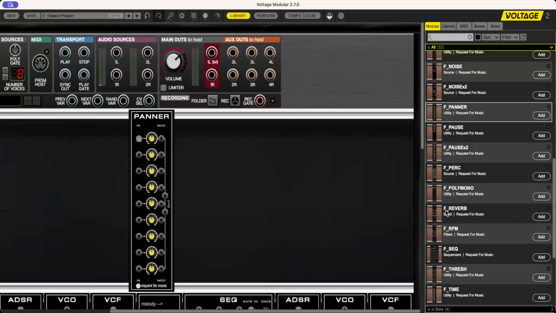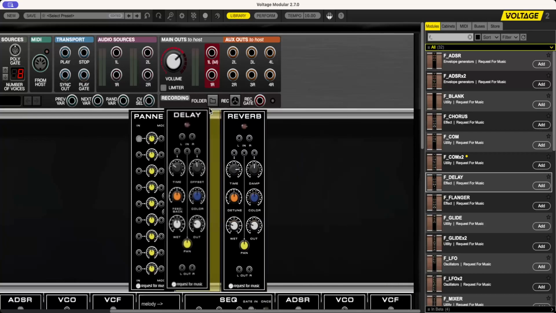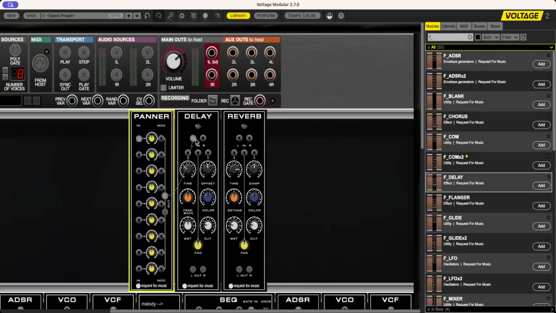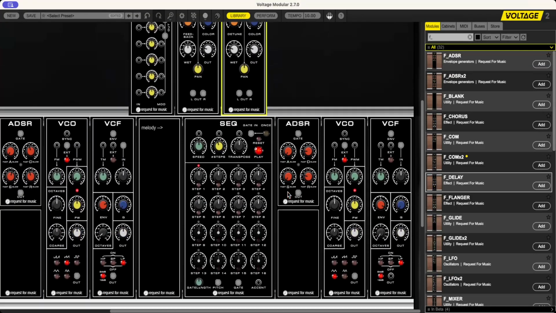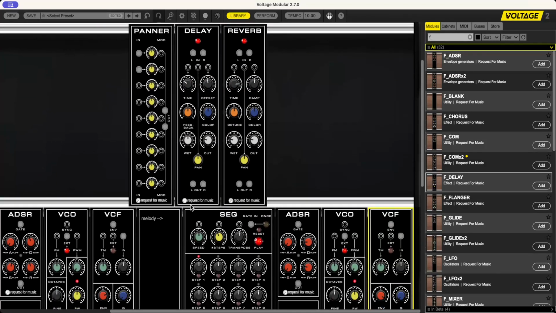And I'm going to put some reverb and some delay in. I like delay a lot. So I'm taking my delay in, I'm taking a reverb in, and I'm taking the output of this into the stereo input of the delay, and I'm taking the output of that into the stereo input of my reverb, and then the reverb is the only one going here. And I could have taken a module in between there as well, and I need to switch them on to be able to use that effect. So I'm taking the output of this into my panner input,